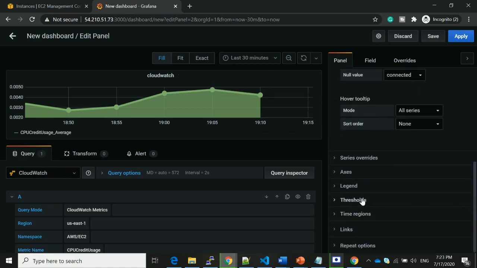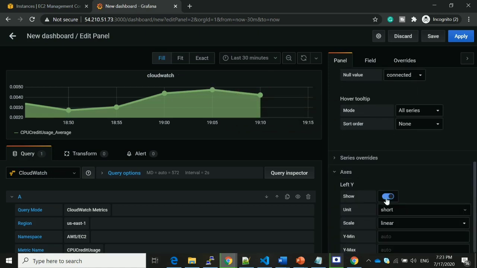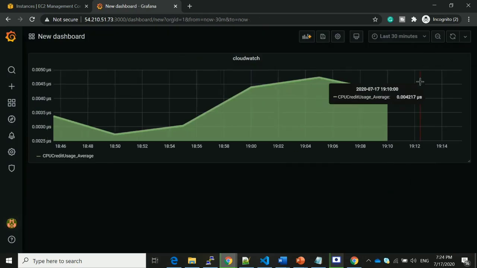If you want to change the axis, it is possible. So here y-axis and x-axis details you can modify according to your requirement. Okay. Once you are okay with your configuration, click on the apply. So you can find the dashboard.